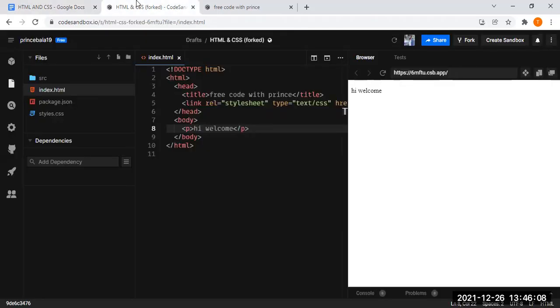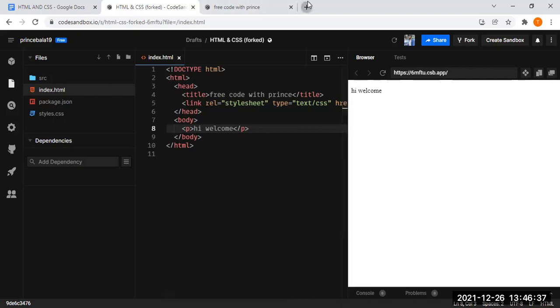When you work on real-time projects, like building your user interface, you will be using every tag, but most of the time you'll be using the div tag and the span tag. The heading one tag I have used in fewer scenarios. But you should know the div and span tags very well, because that is very important. These two tags play a great role when you're developing a website.